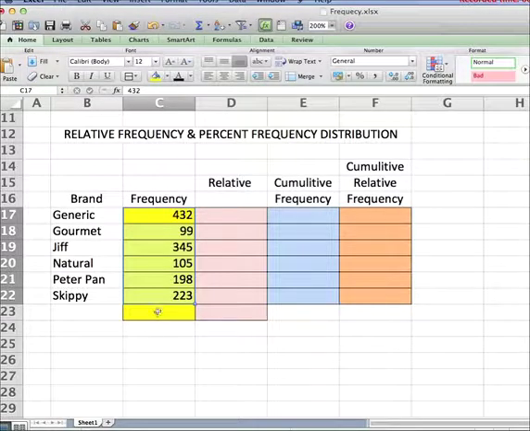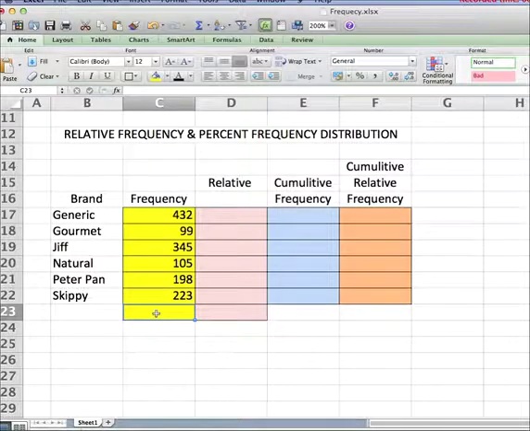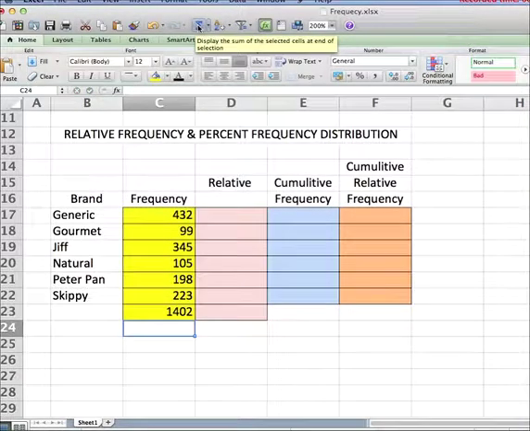Once we have the numbers in the first column, we're going to total them up. The total we get will represent the total sales in a 30-day period for all of the different brands of peanut butter. Once I've used the statistical numbers, you'll be able to see what position each one of the brands